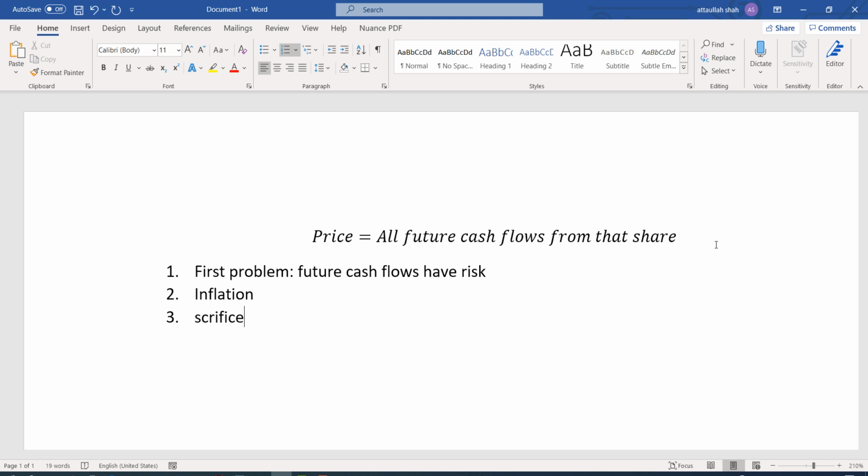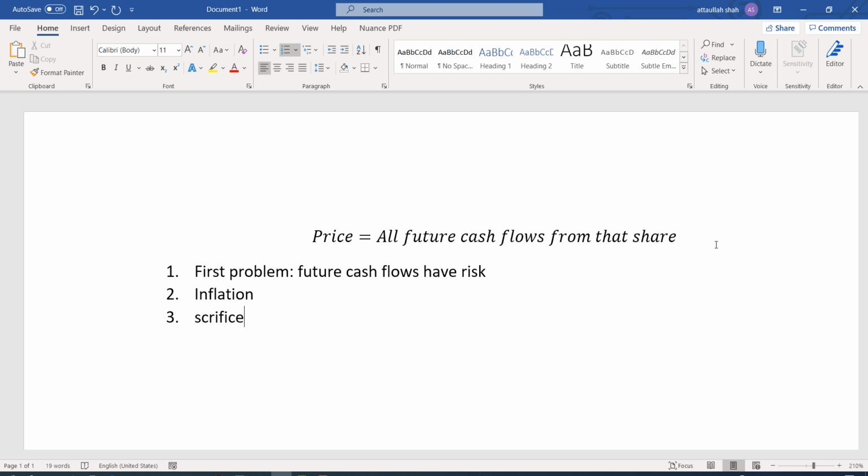That puts you in a situation where you have to wait to get your money back. It means that you are delaying your consumption for some period of time. In other words, you are making a sacrifice. There must be some compensation for that sacrifice. So for these three factors, the future cash flows do not have the same value as a cash flow that you receive today,